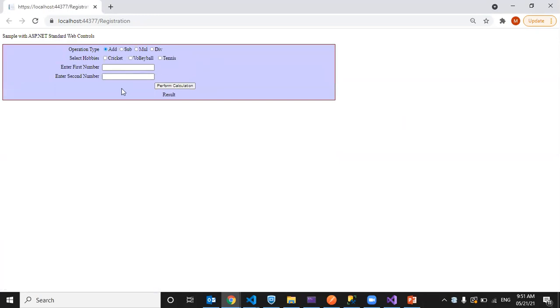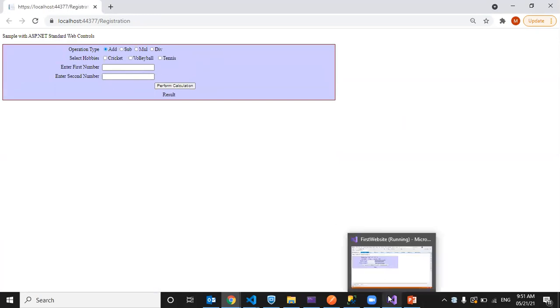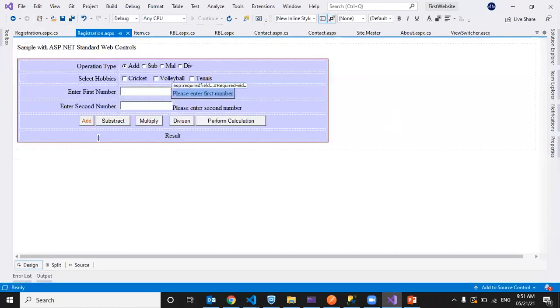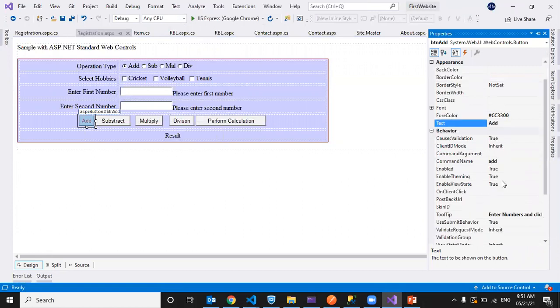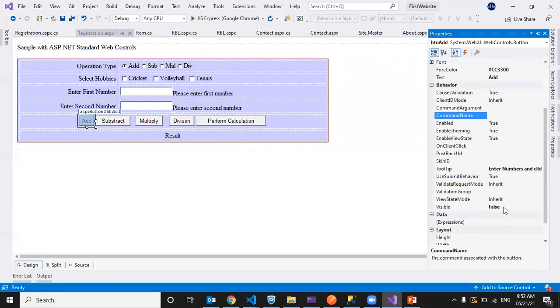I'm not entering anything. Okay, the add button is not visible. We set visible to false, so I'm changing it to true.